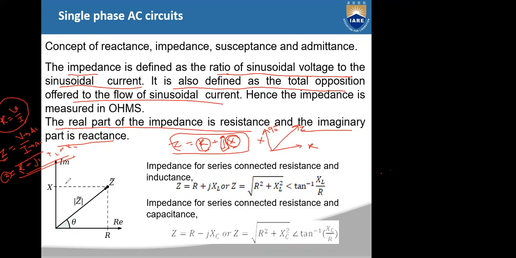See from this figure, this is the real part of the impedance. Okay, real part of the impedance. This is the imaginary part of the impedance, and this is the resultant. Okay, and how to find the magnitude of the impedance here? One is the real part, another one is the imaginary part. So we'll take the square root of R square plus X square, and for these vectors we will get